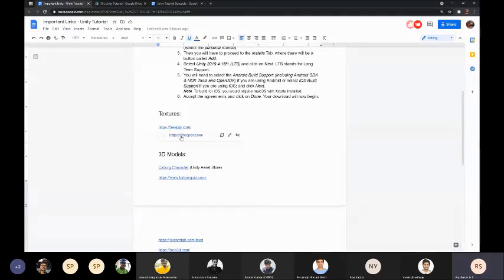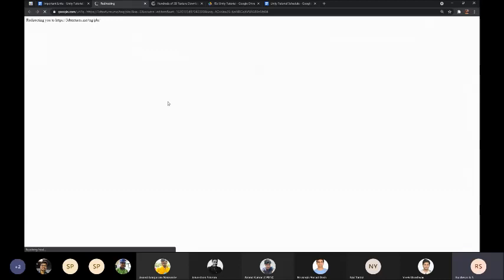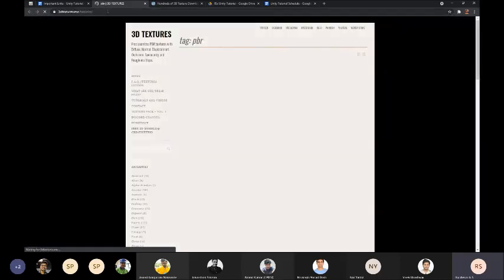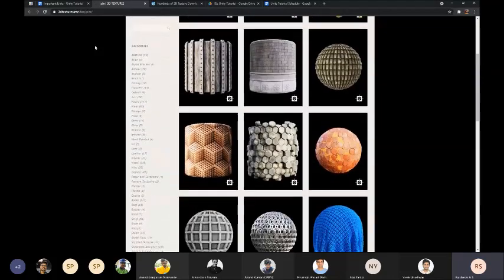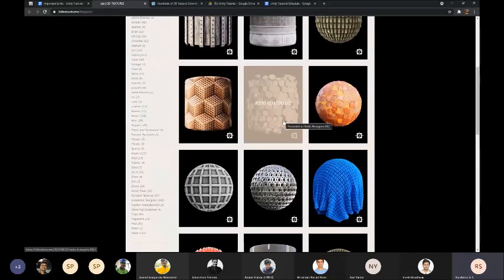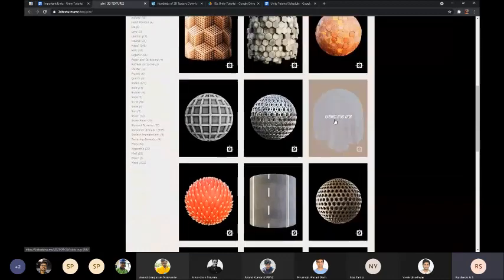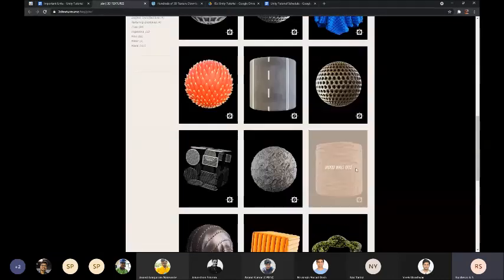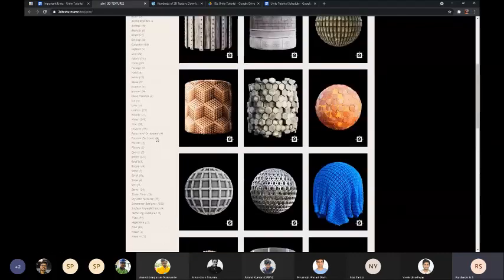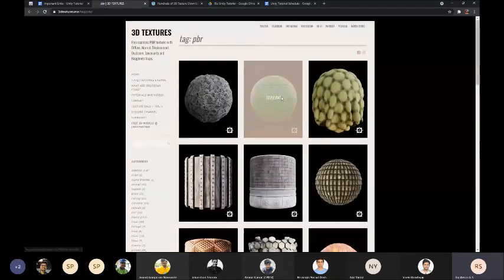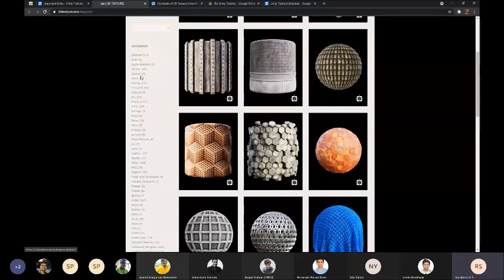I've given you two sites, one is freepbr.com and the other is 3D textures. Both have free textures. You can see all these textures here, like concrete, curtains, wood walls, leather armor. There are various types of textures, and you can sort by category over here. So I'll click on floor.